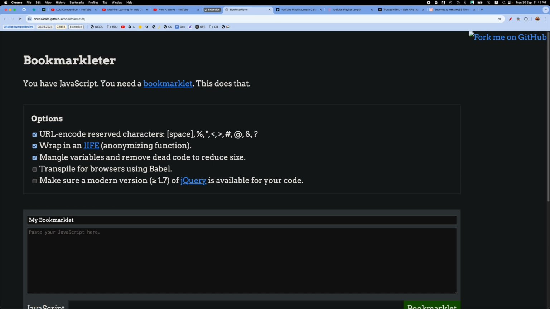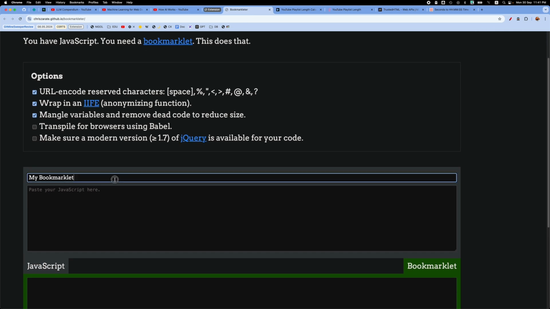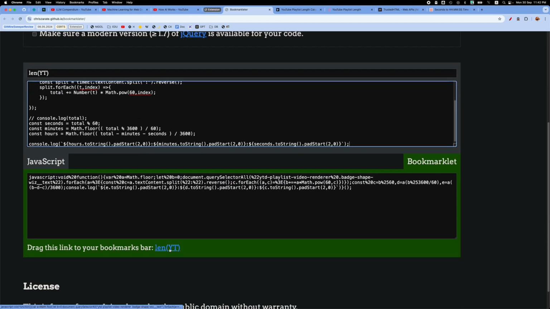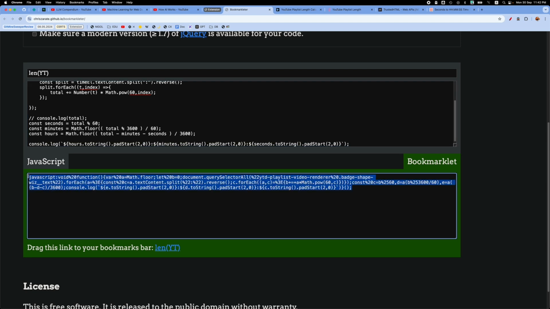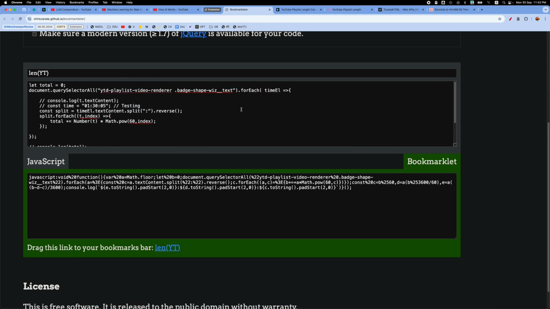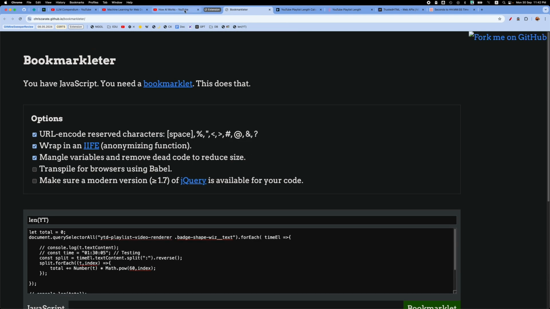It's called Bookmarkleter, and basically you name your bookmark, let's say I will name it Len YouTube. Paste the code here, and you get a bookmark here. So this is basically your JavaScript code in a compressed, concatenated form that you can use as a bookmark link. You can either copy this and paste it on any bookmark link, or you can drag this into your bookmark bar. So let's see whether we can